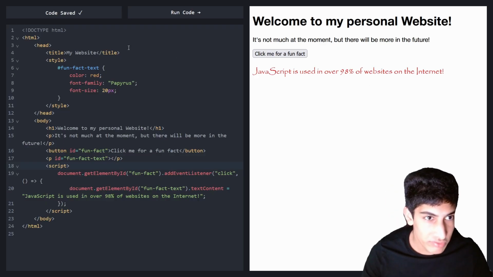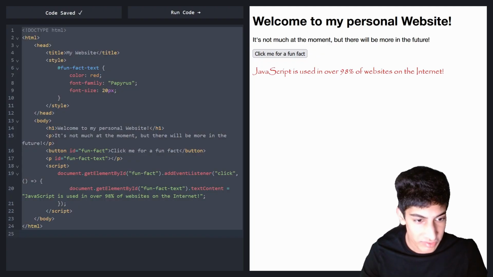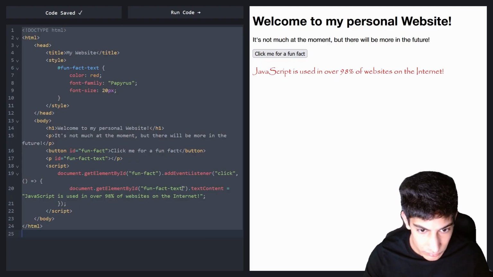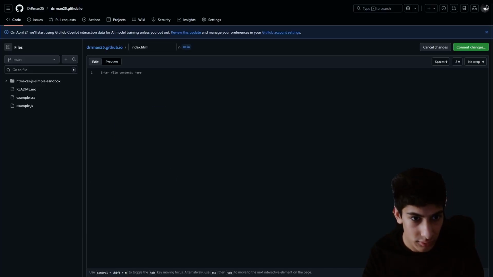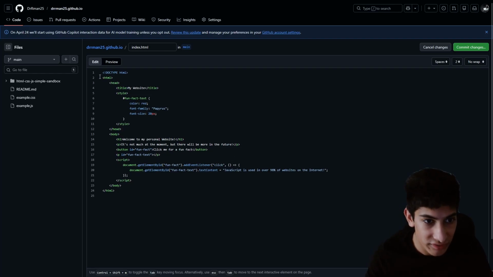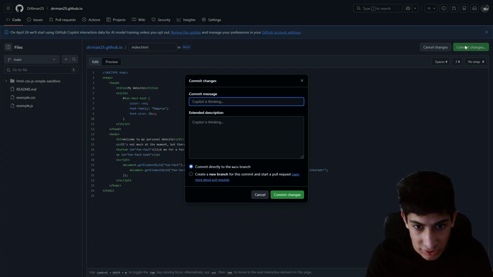Our next step is to copy and paste the code from this sandbox here and then put it inside this index.html file on GitHub. And then once we're done, we can select commit changes,